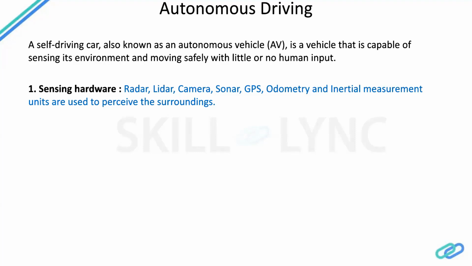So when I say ego, you have to understand it as the vehicle that I am driving, which has this autonomous driving feature. You use radar, lidar, camera, and sonar, this kind of sensing hardware, to detect the environment. There could be different environmental factors like traffic signals, and also the static environment, meaning if there is a curb stone or something like that. These can be detected by this sensing hardware.